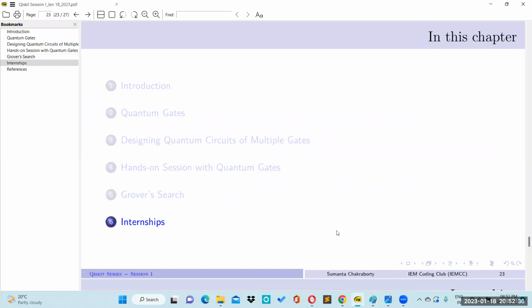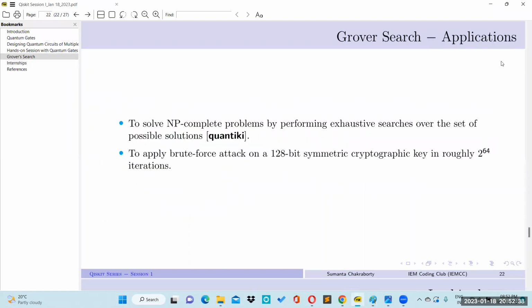What is used in Grover search? We use the superposition technique, and Grover search is mostly useful in recovering keys. Since it is root n, that is n to the power half, you can see the search